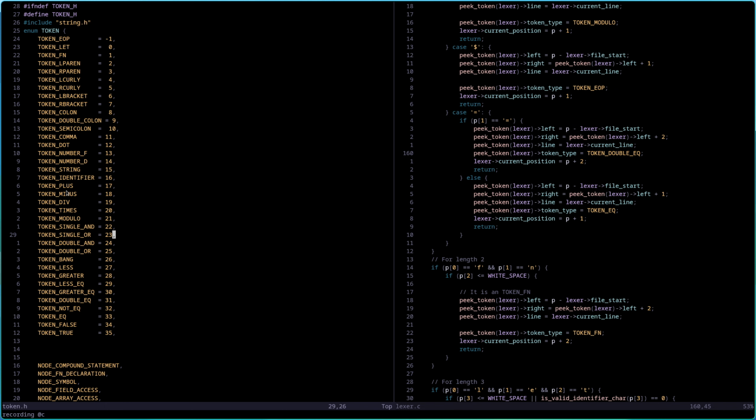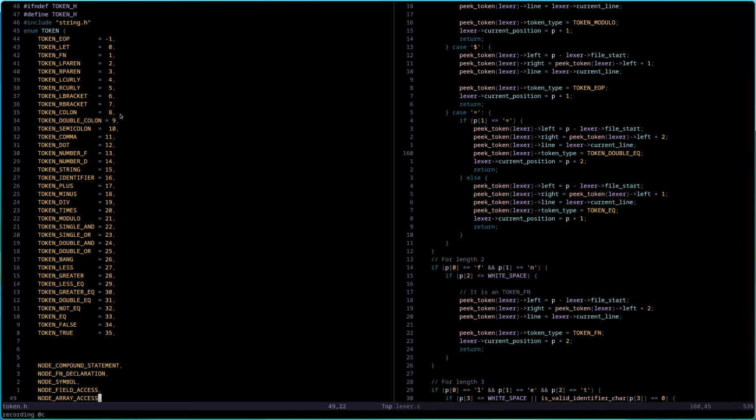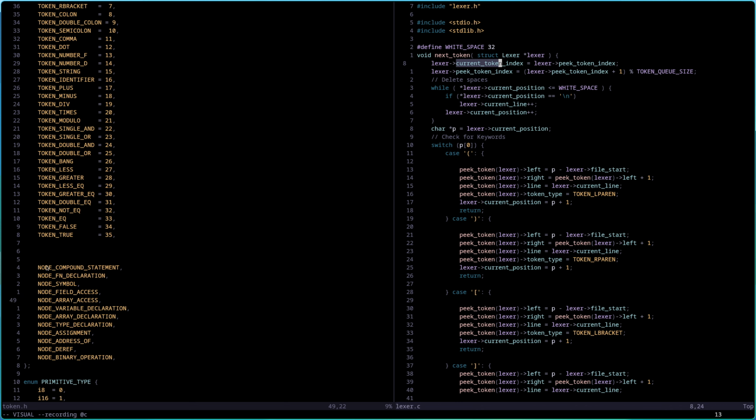These are the different kinds of leaf tokens in our abstract syntax tree, and then these are the inner nodes. If you remember, or if you are fast, you probably recognize that we only have two, the current token and the peek token, and how can we build a tree with just two? That's because we just copy the information we need onto these nodes down here, and if there's any data we don't want, we just discard it.